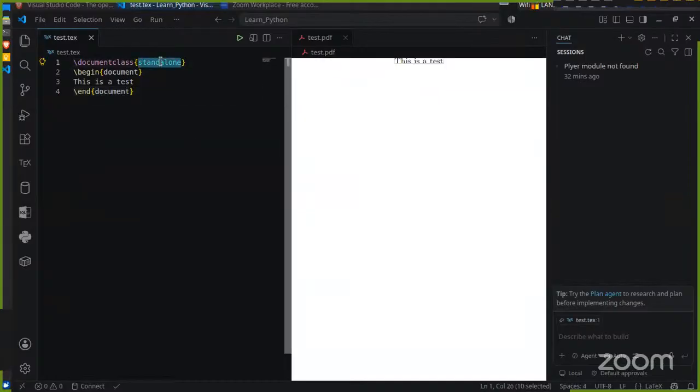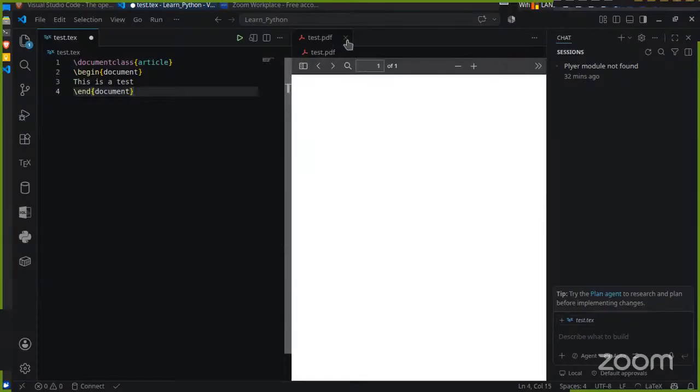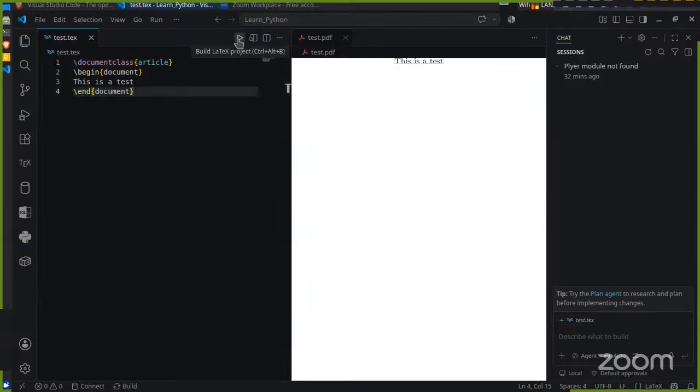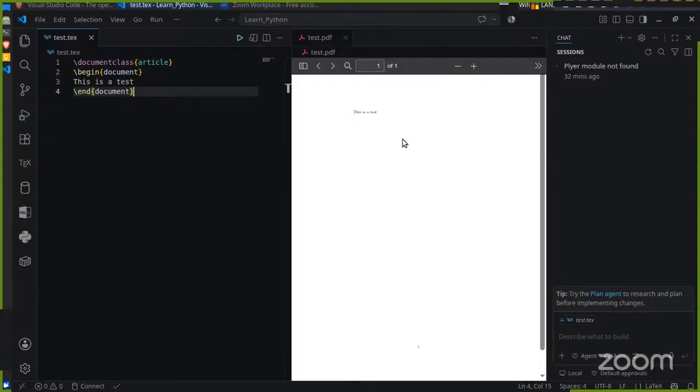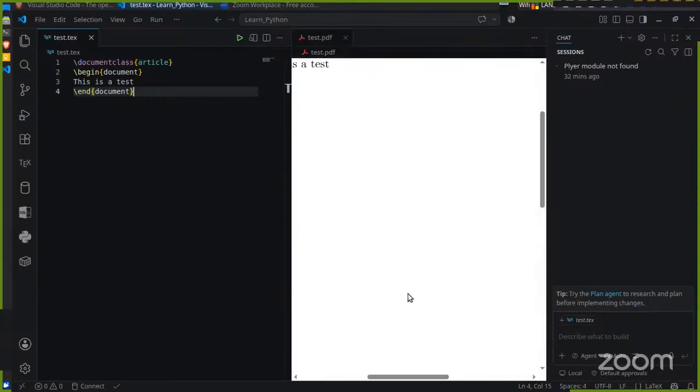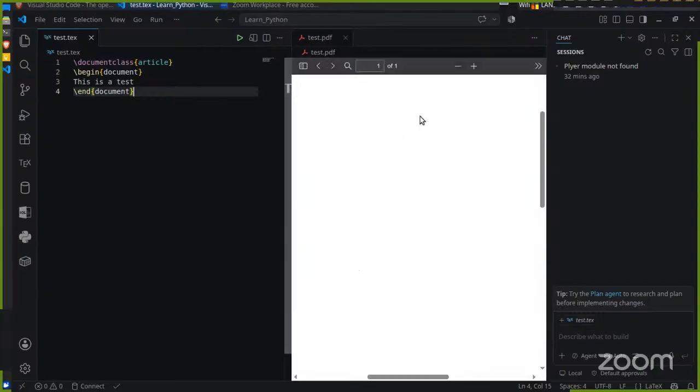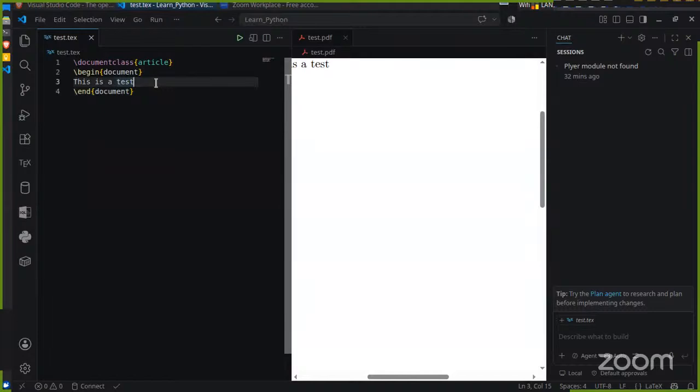Let me change the type so that it will be easier. Article. So if I run it again, yeah, this is a test. As you can see, this file has been created. This is a very simple thing, but now I can use some more power